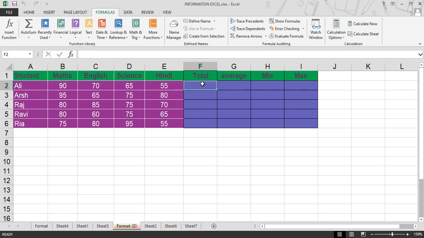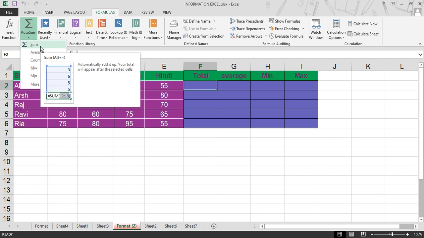For example, we have this information in a spreadsheet, the names of 5 students along with their marks in different subjects like mathematics, English, science and Hindi. In this column, we want to calculate their total marks. To calculate the total marks, select your resultant cell, click on the Formula tab. Under the function library, you can choose the AutoSum function.